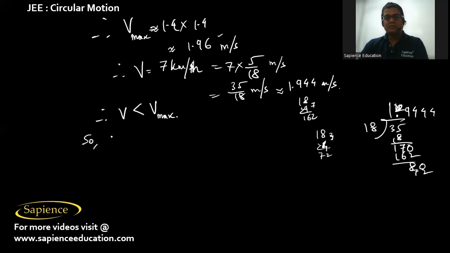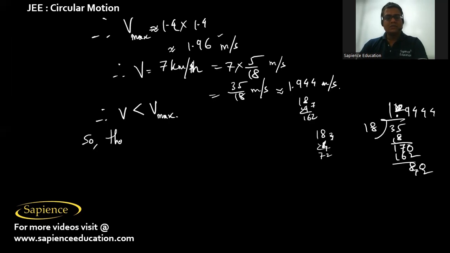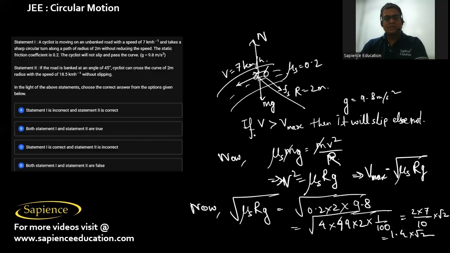So the cyclist will be able to make the circular turn. The cyclist will not slip, and it will pass the curve. Now statement 1 is true. And statement 2 is: if the road is banked at an angle of 45 degrees, the cyclist